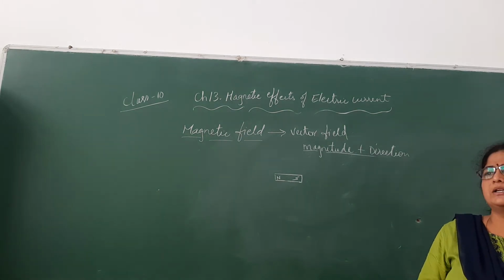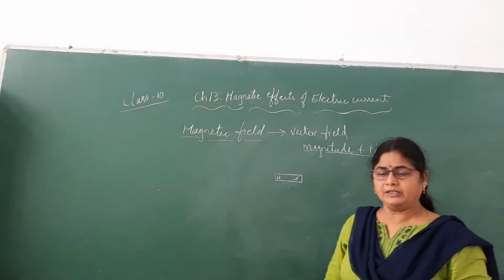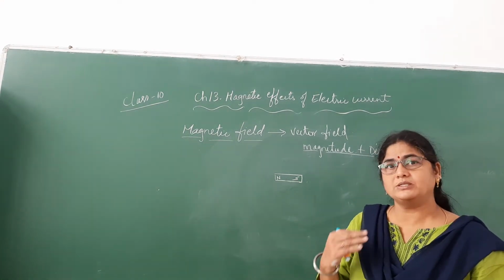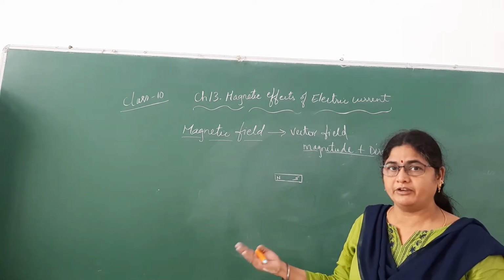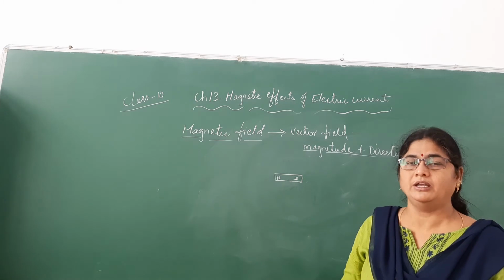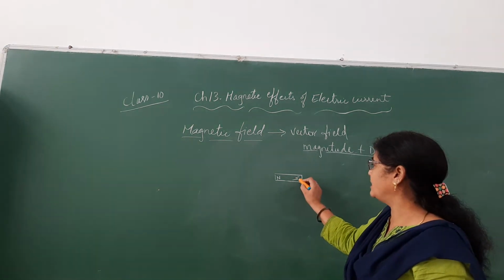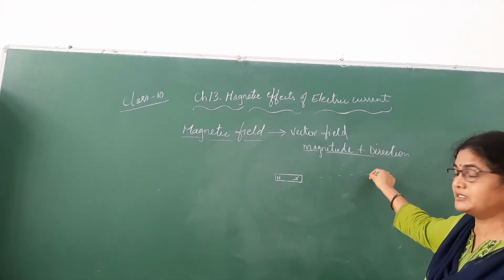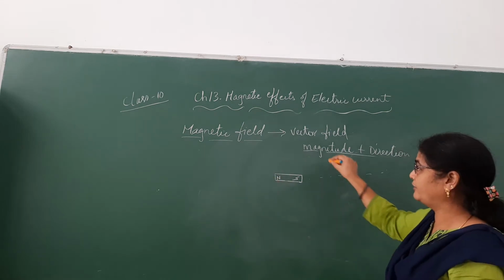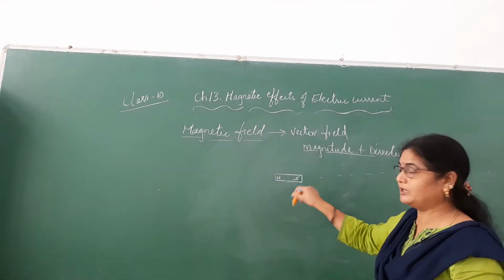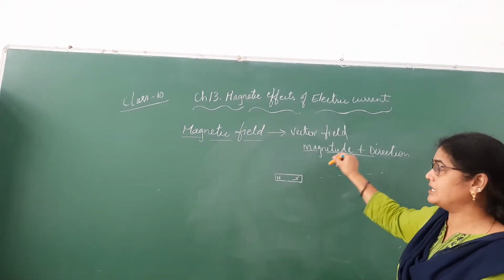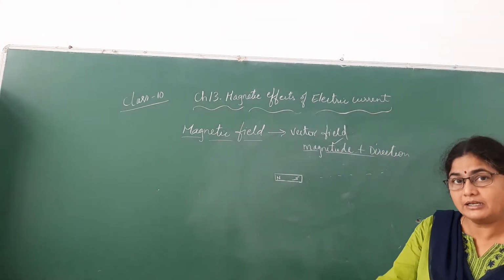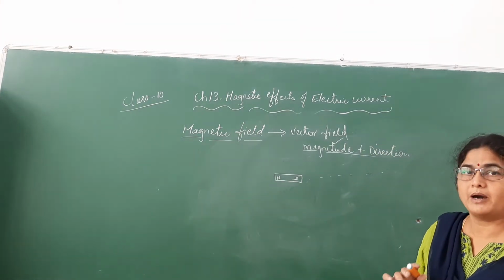What do you mean by magnitude and direction? Magnitude in the sense it has strength, it has its influence up to that point. And we know this influence decreases as you go away from the bar magnet. It cannot be infinite. It has a finite field. As you go away from this bar magnet, the strength of the force exerted by this bar magnet decreases. That means the magnitude of this vector field decreases as you go away from the bar magnet.